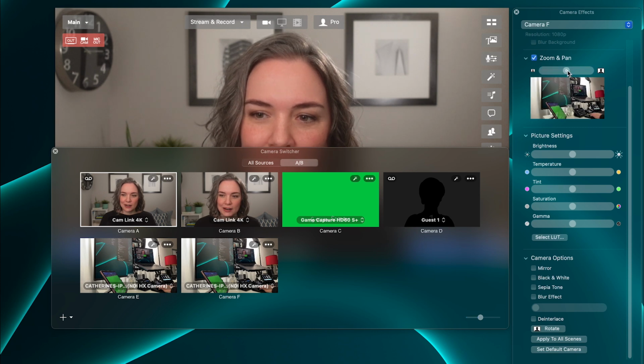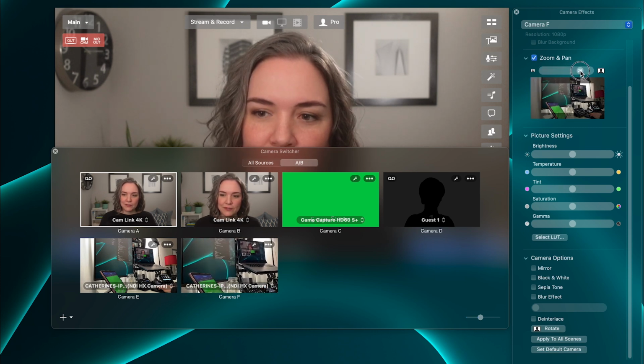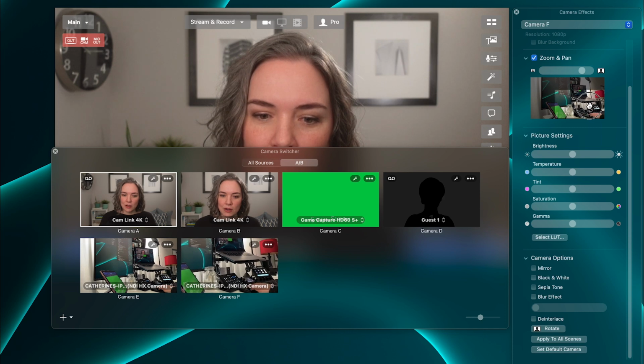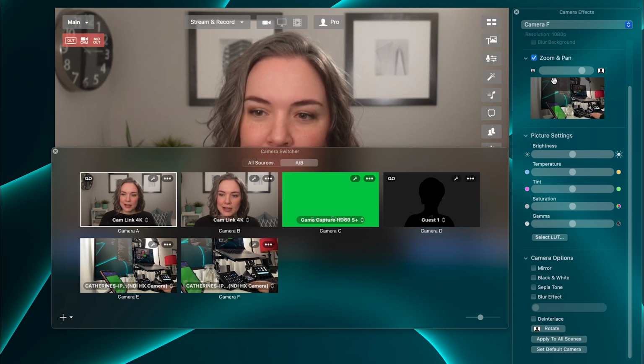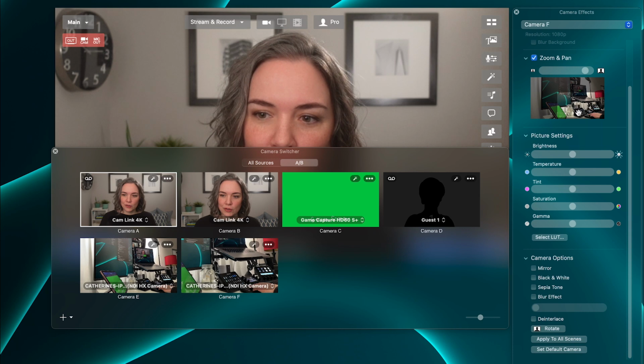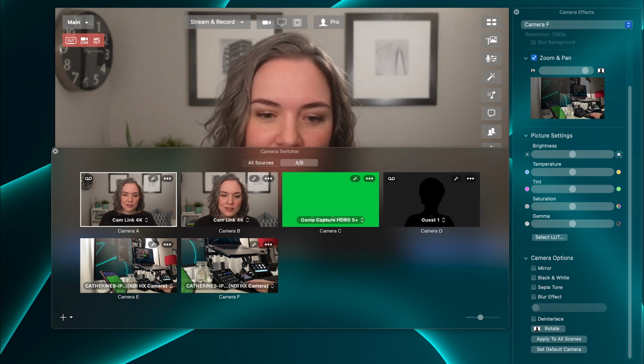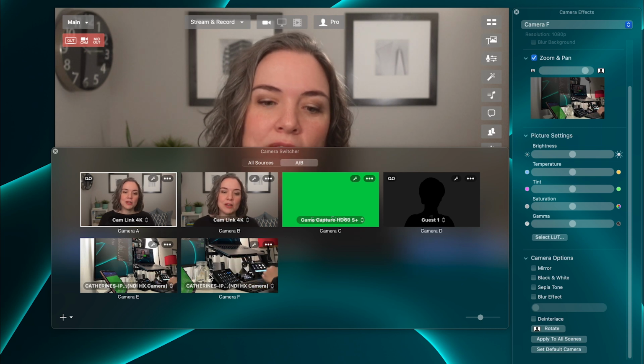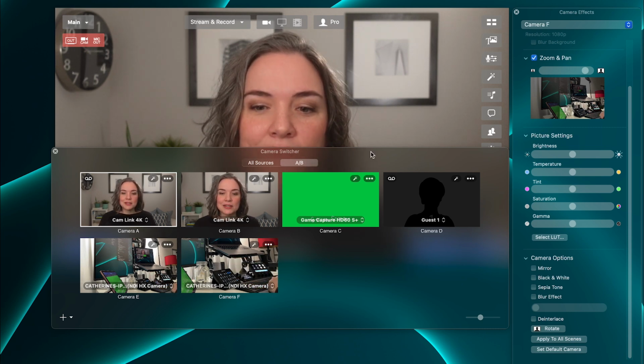So here I can kind of zoom in. If there's a specific thing on my desk, if I wanted to focus on the Stream Decks, I can do that. I can maybe zoom in a little bit further. So now I have the option of setting up 2 different desk shots so that I can jump between the ones that I want. So this is how you can